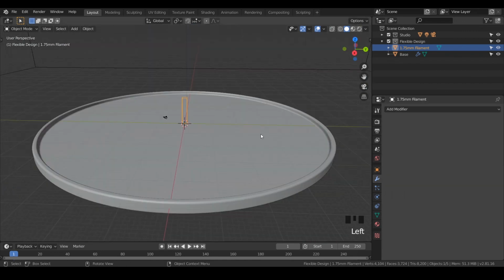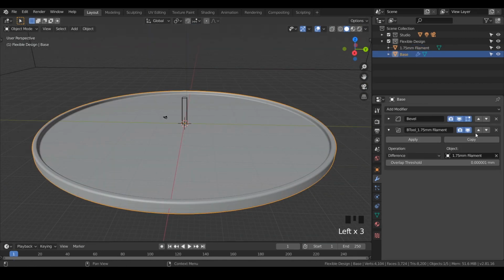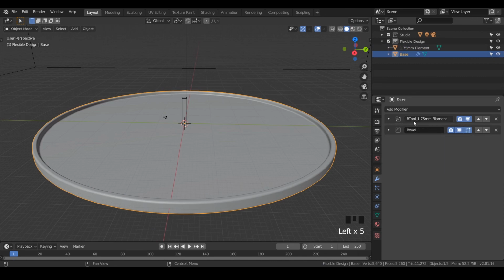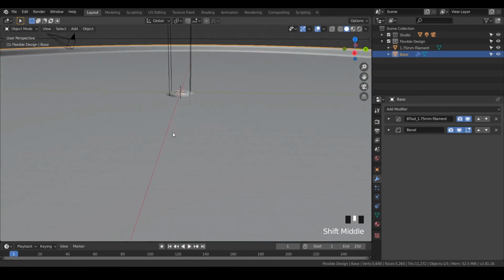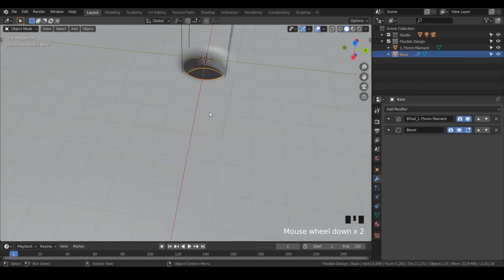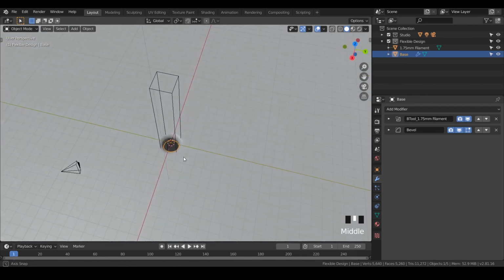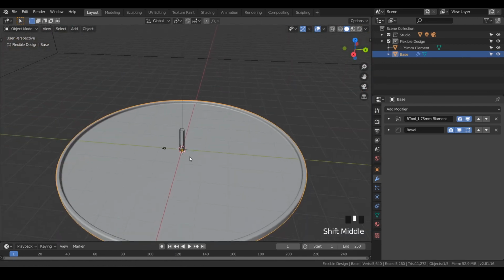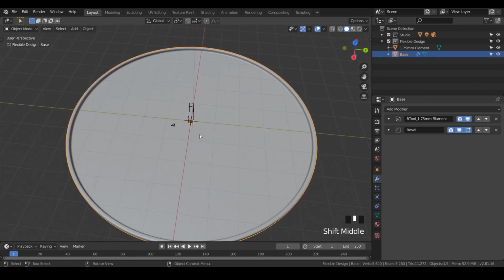Let's just look at our modifiers for the base. And I'm going to keep my boolean up top, and then we'll bevel it. Notice the difference here if we rearrange. We've got this bool is very hard cut out, but if we want it to bevel as well, just put that bool up at top, and now we've got a nice little curve, which I think looks pretty cool. All right. And so now we've got the base. Let's add the little arm that's going to go around